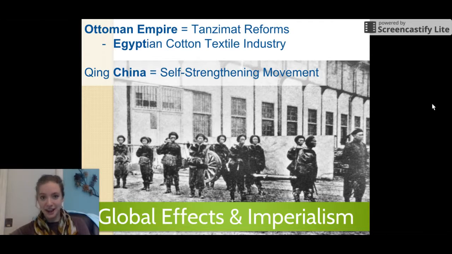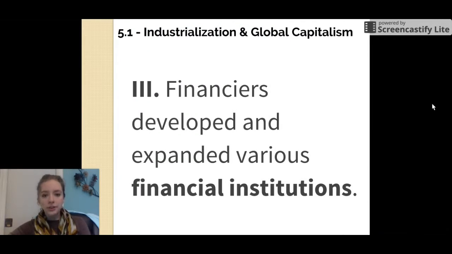The Egyptians, however, under the leadership of Muhammad Ali, not the boxer, kind of revolutionized their own selves by distancing themselves from the Ottoman Empire while they still acknowledge allegiance, and establishing their own cotton textile industry, making themselves kind of finding a new niche in the economy as Europe is shifting to the second industrial revolution, producing less cotton as a result. You also see changes in how